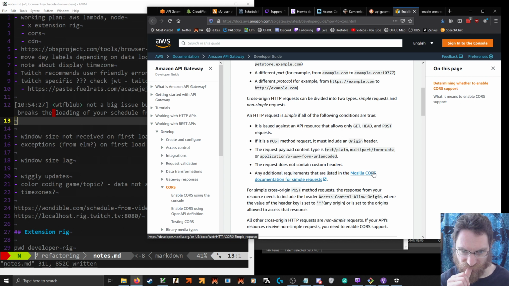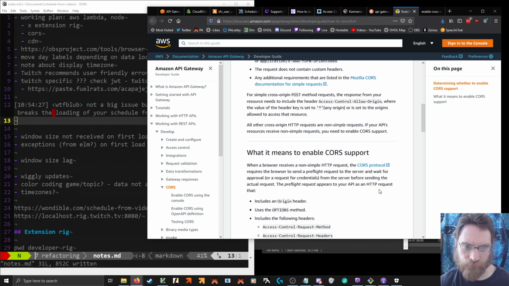Simple: GET, HEAD, POST. POST must include origin. Custom headers to include Access-Control-Allow-Origin.